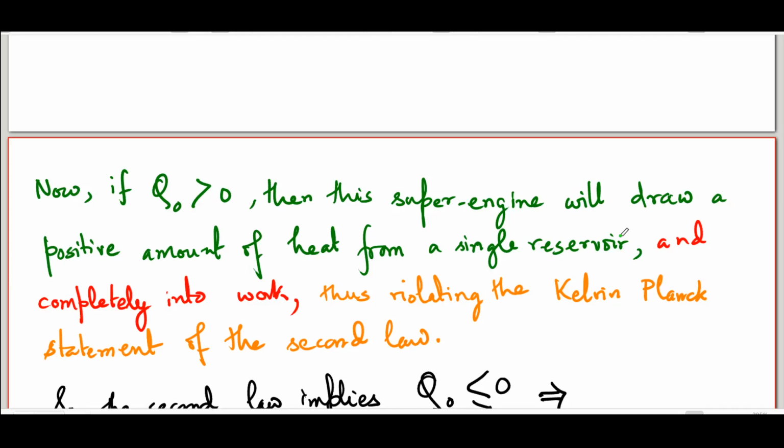Now, if Q0 is positive, this would violate the Kelvin-Planck statement of the second law, because this is exactly what the Kelvin-Planck statement forbids. You cannot have a cyclic process which takes heat from a single reservoir and converts that entirely into a positive amount of work. However,